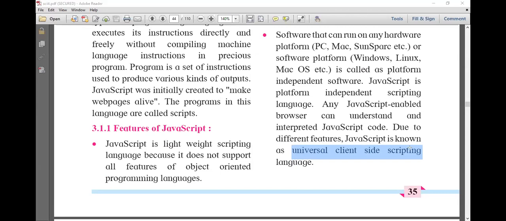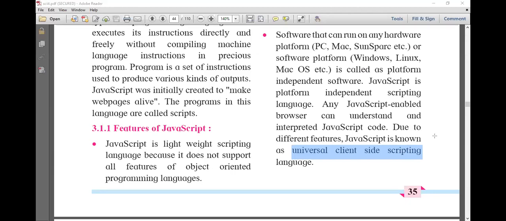Because of all these features, because of its platform independent feature, because of no compiler, no interpreter needed. So we can say that JavaScript is a universal client-side scripting language.